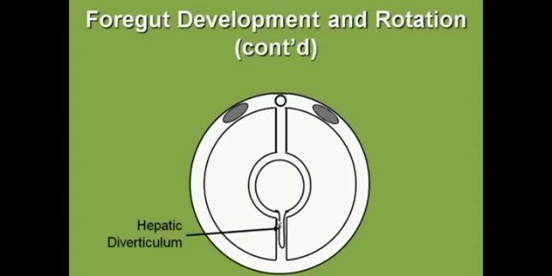Okay, so that's the hepatic diverticulum. The first thing we can see is that the hepatic diverticulum is in fact an endodermal evagination. That would suggest to us that liver-related parenchymal cells will be endodermal cells, and indeed they will be. Now, the distal end, or the most ventral end of this hepatic diverticulum, is going to expand in order to